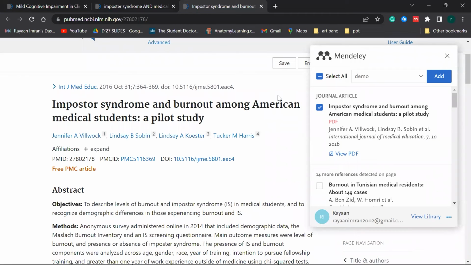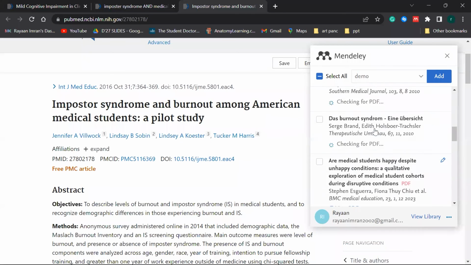ठीक है, sorry, my camera यहाँ पर नहीं, यहाँ पर. All of the articles are kept in this particular library for you to come back and reference and put this into your article. So I'm going to click on this. I selected this particular article. मुझे अच्छा लगा. I'm going to click add it to the demo file. और ये add कर देगा with the referencing and everything. You don't need to worry about it. Just click on add. So there are some other references. ठीक है, मैं आपको वो बाद में दिखाऊंगा.